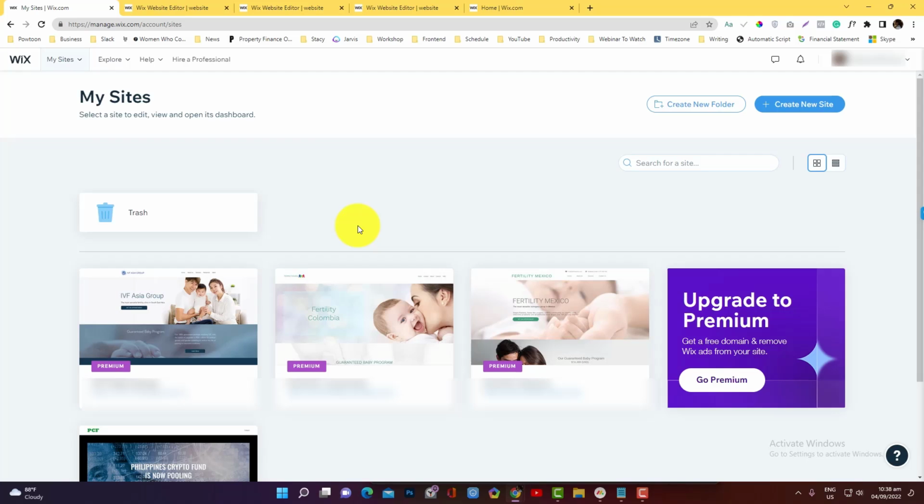Hey guys, so this is a quick tutorial on how you can navigate the Wix platform. We'll cover creating a website, adding in elements, and making sure our website is responsive enough, and the list goes on. So basically, to access or create a site in Wix,